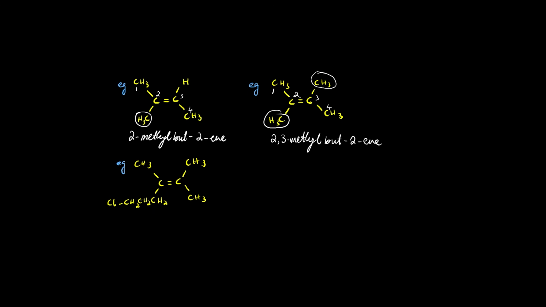Now what about this one, the last one? Now in this we can count from here, right? So 1, 2, 3, 4, 5, 6 carbons in the longest carbon chain. Now let's name this. First of all, let's look at the substituents. Okay, now the name would be